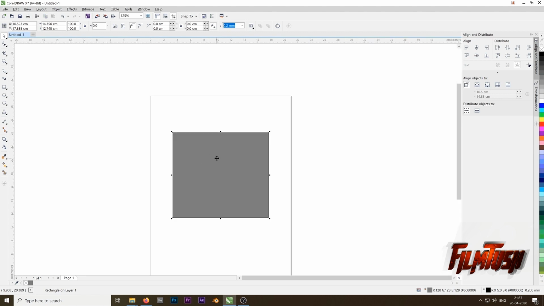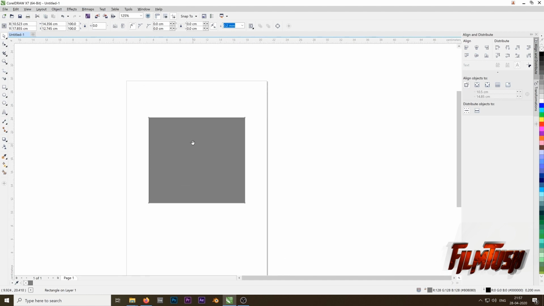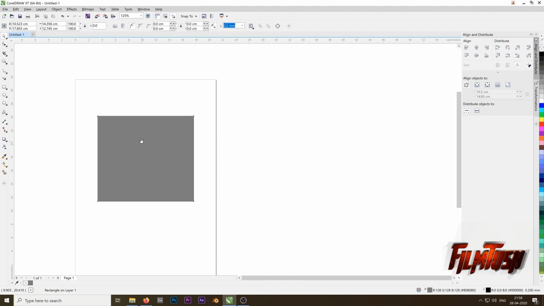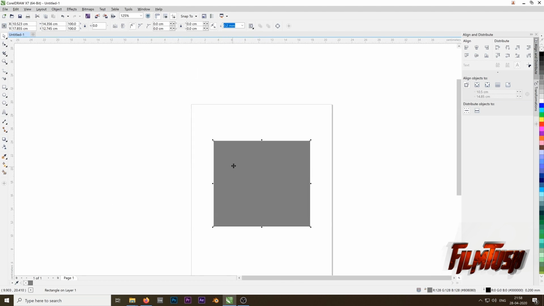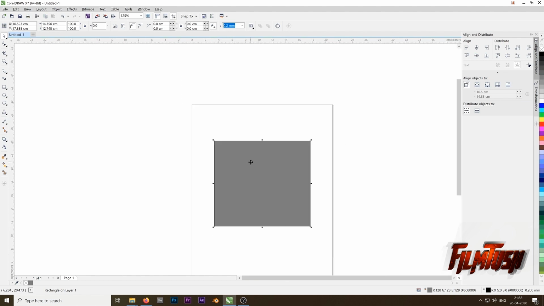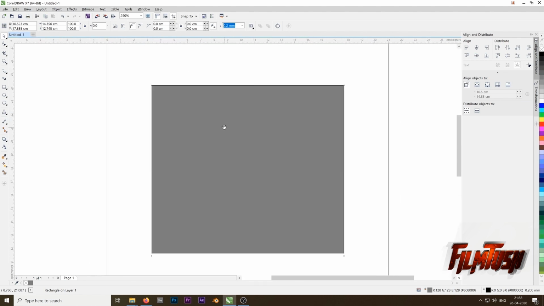And for the navigation part, just click the middle mouse button, which is the scroll button, and then you can see the hand button, and you can just move your canvas. See, left, right, up and down. Scroll in to zoom, scroll out to zoom out. Very nice and very easy to navigate.